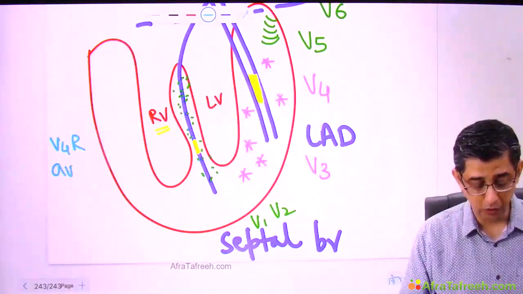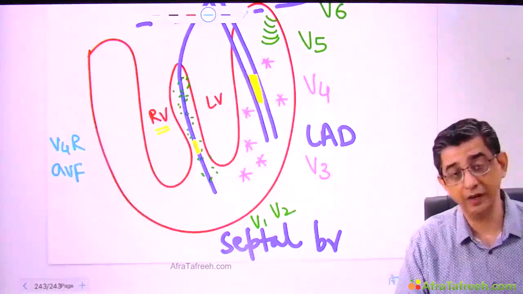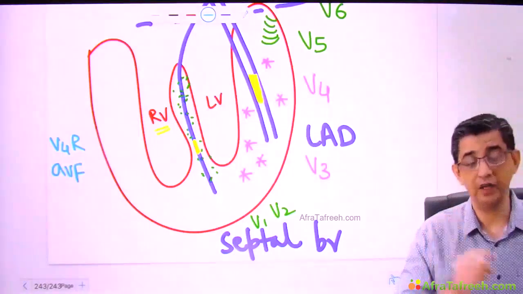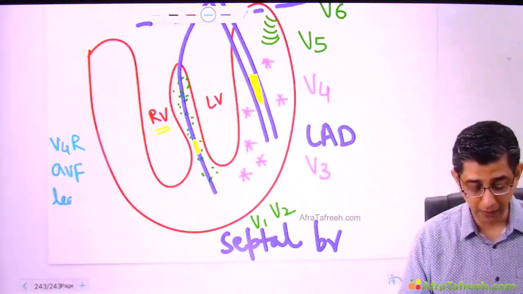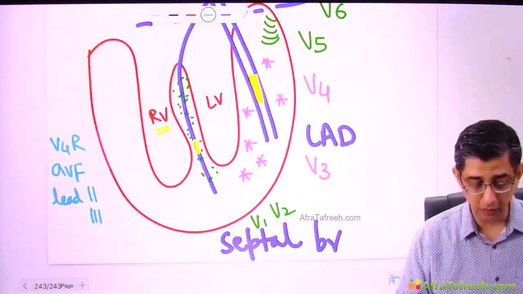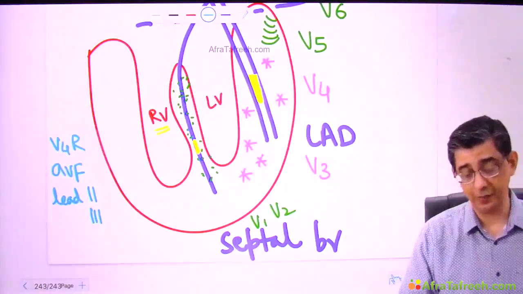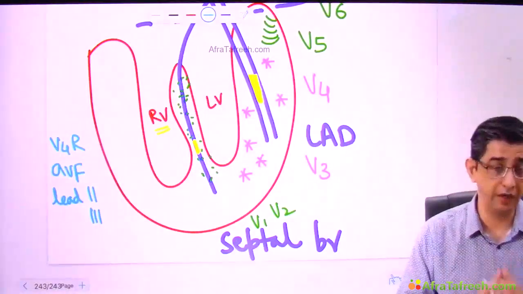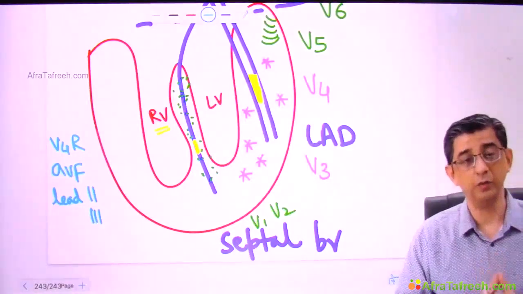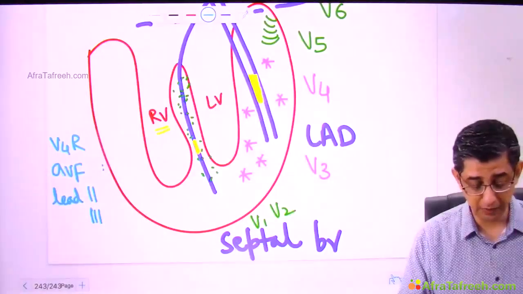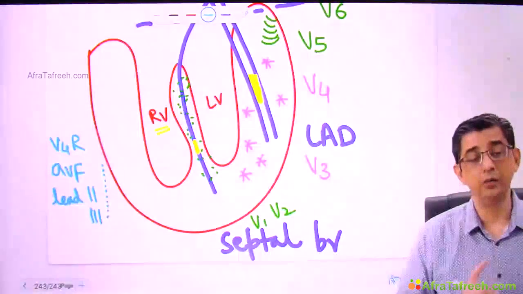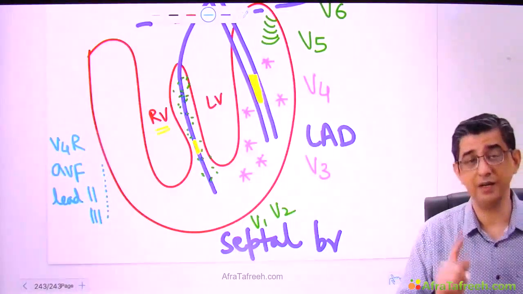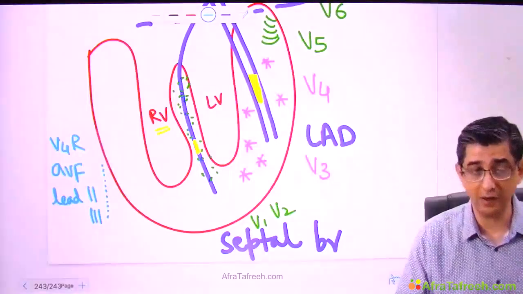Then he can ask you which augmented lead is best suited to study the right ventricle. The answer is not AVR. AVR scans mainly the right atria. It is AVF. And apart from this, lead number 2 and lead number 3 can also scan through the right ventricle. So especially when it comes to inferior wall myocardial infarction, a bigger chunk of right ventricle is compromised. In inferior wall myocardial infarction, the ECG findings are best evaluated in lead number 2, lead number 3, and lead number AVF. Mark my words there, I did not say AVR, I said AVF because AVR is mainly going to scan the right atria per se.